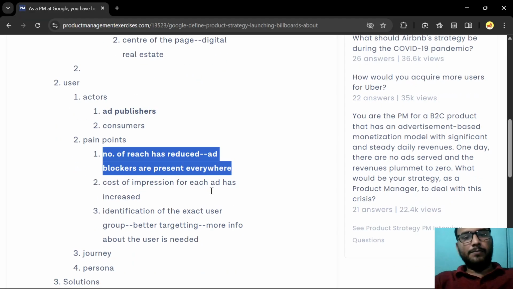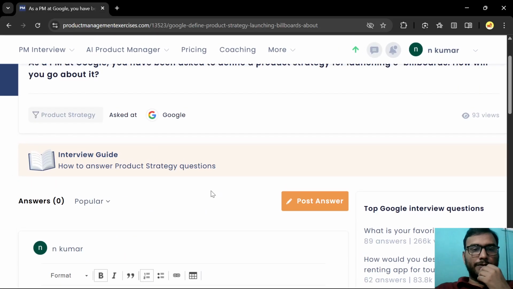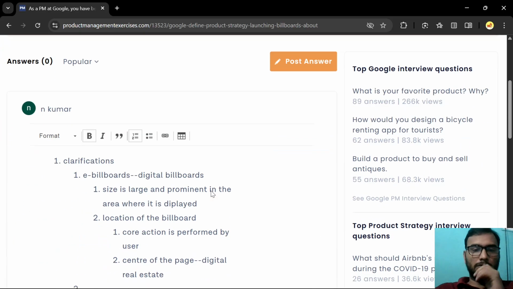So we have chosen this pain point. We have prioritized this one. And now let us focus on this solution, how we launch it. Part of it,